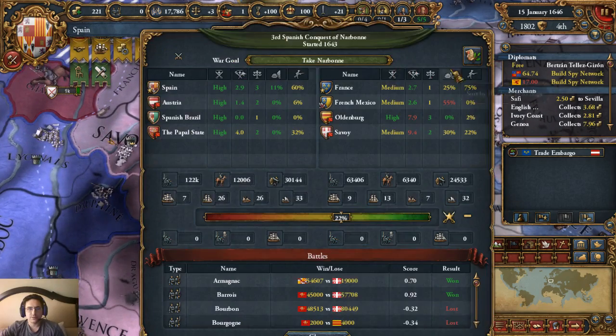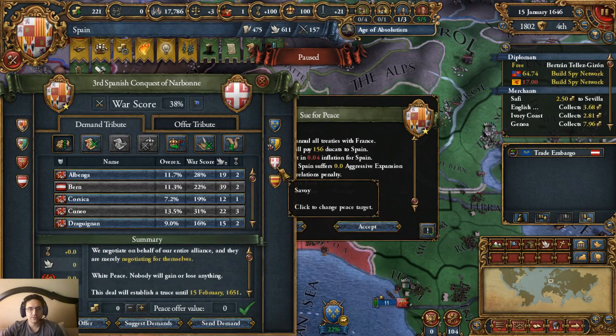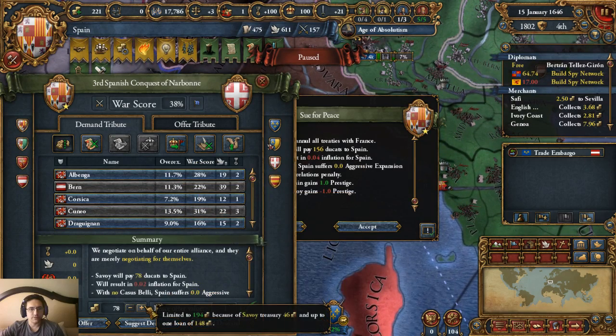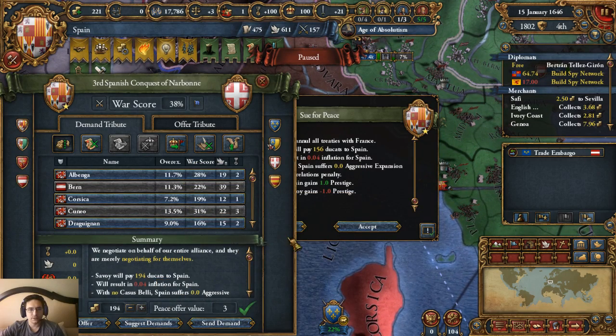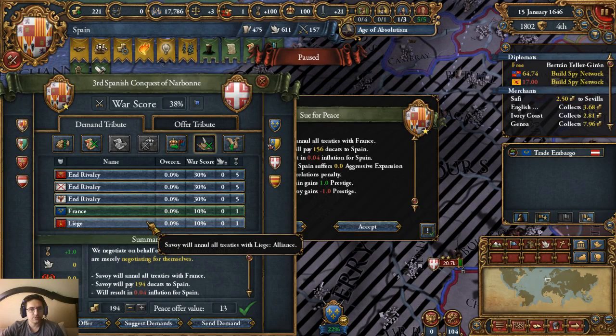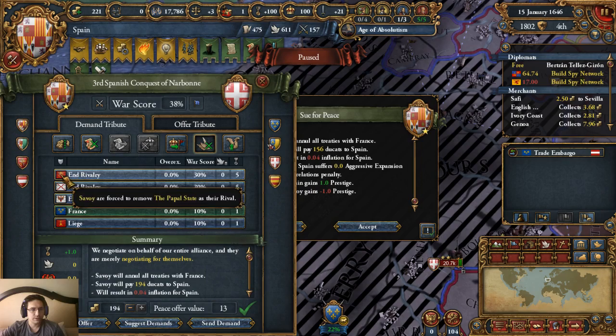Alright, so let's see what we can get separate from that. If we look at Oldenburg, they don't want peace. Savoy does. And they're not willing to give us anything but money. They don't have a whole lot. So 156, I can get 194, and then I can annul treaties with France, and they'll still do it. And then, let's see if they have a